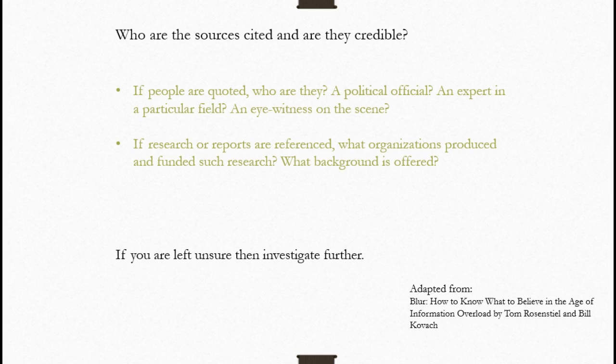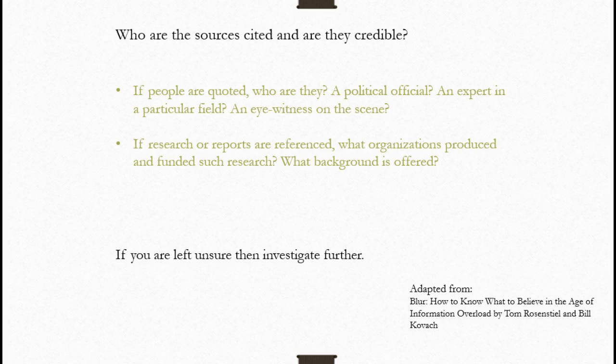Who is the actual reporter? If they're discussing a political official, then you want to also think about whether or not the political official's comment is raw information versus news, or even if it is propaganda.